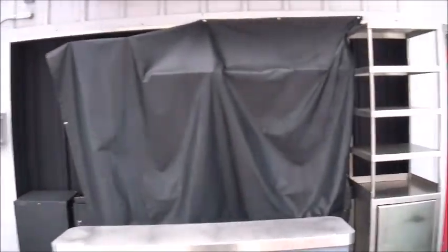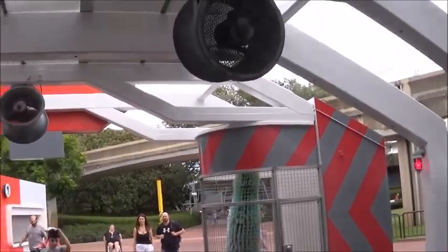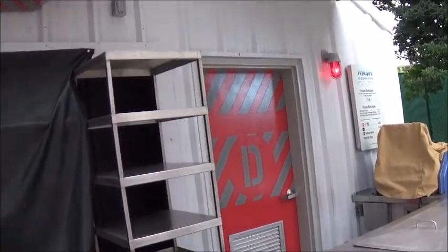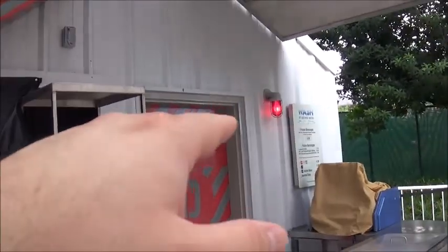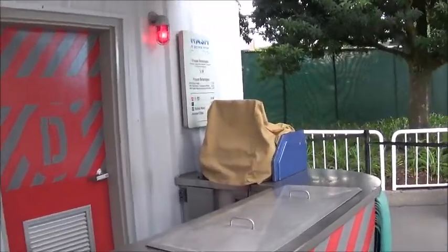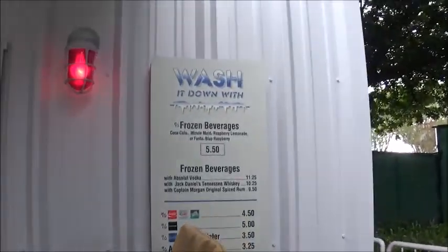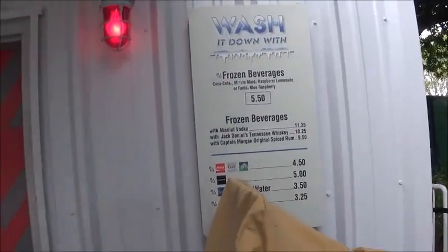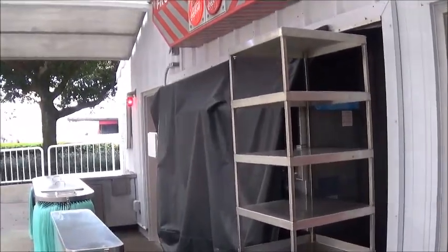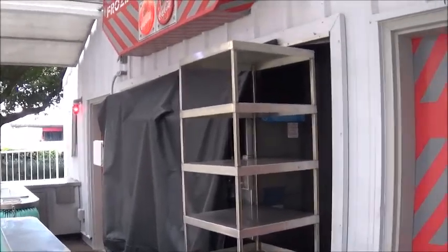It feels really nice here. Those fans are going off. Yeah, it was wash it. Maybe you would call it wash it down with. Yeah, that was technically the name of this place. Here's the menu. So yeah, you still see the machines there for the ice. Hopefully eventually it'll open. I never did a video buying an icy here and doing a little review,